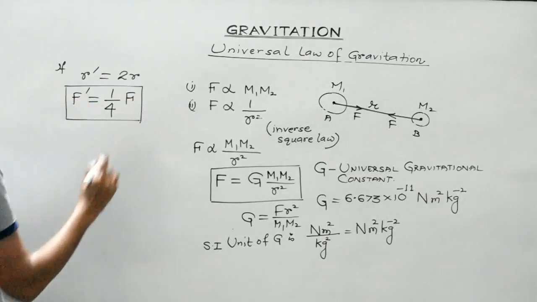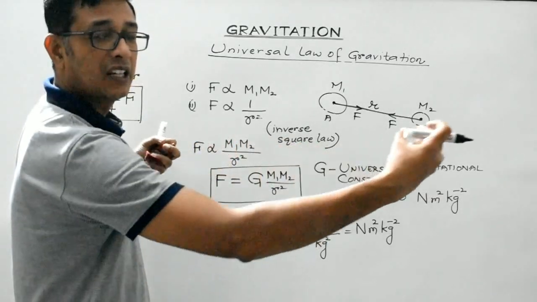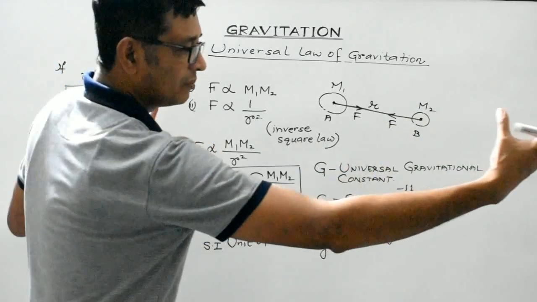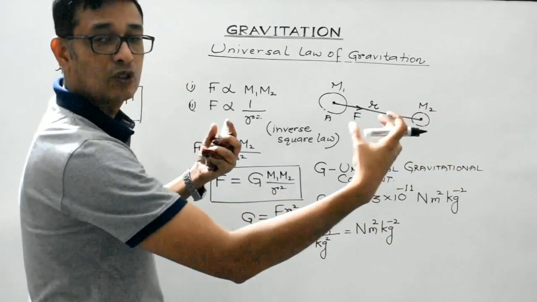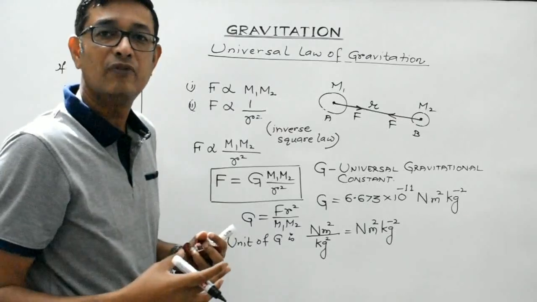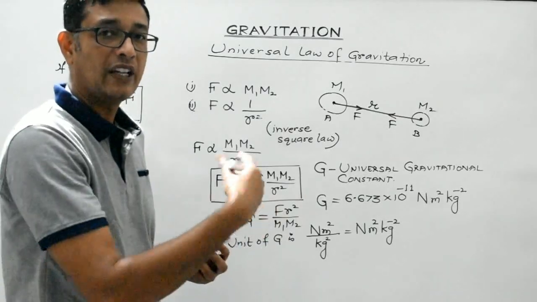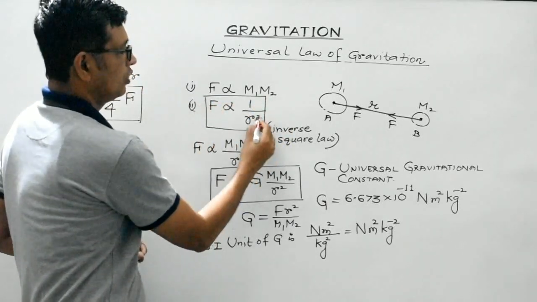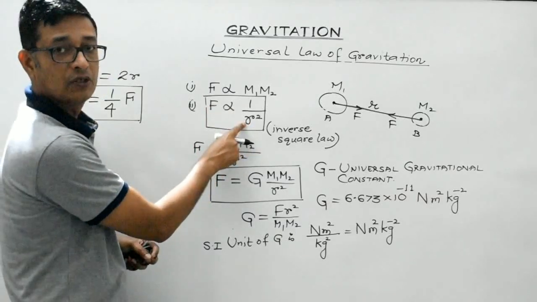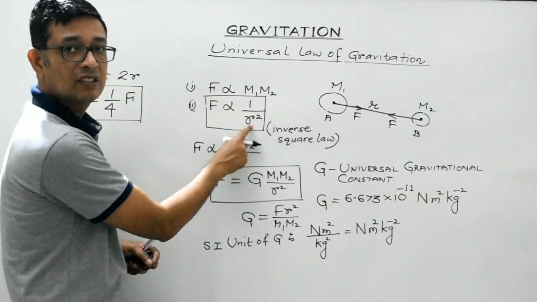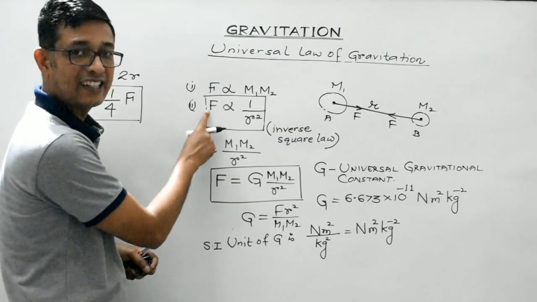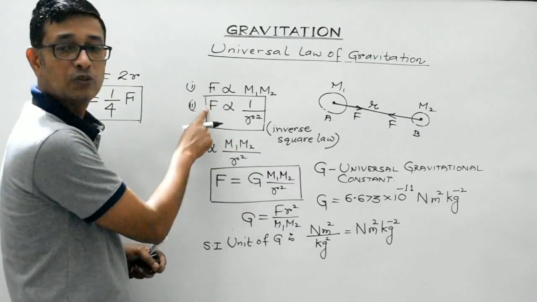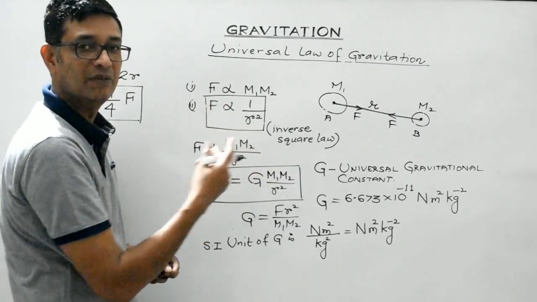So what I mean to say is that with the increase in the distance between the material bodies, the gravitational force will become weaker and weaker. And as the bodies are placed closer to each other, the gravitational force between them will increase. And how does it vary with the distance? In this particular manner. It obeys the inverse square law. So if the distance is made twice, it will become 1 by 4 times. If the distance between the two bodies is made thrice, the gravitational force will become 1 by 9 times. If the distance between the two bodies is increased to 4 times, then the force between them will get reduced to 1 by 16 times.